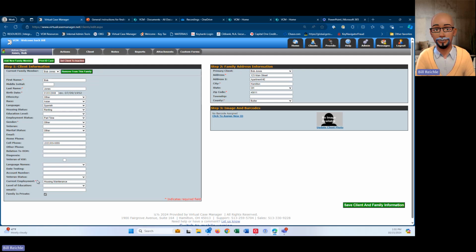Now you'll notice again, anything that has a red asterisk means it's required. If you leave it blank, it will not allow you to save the information. And over here, I put in the address information. And again, remember that anybody that lives at this address is part of this family within the system. They did change addresses, and now they're at 785 High Street,